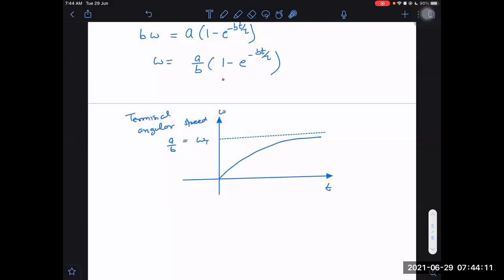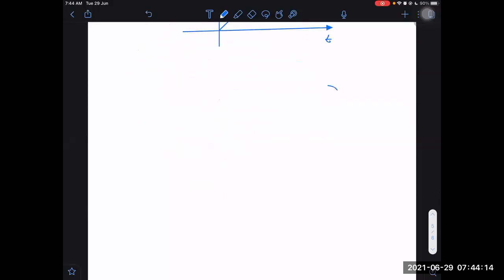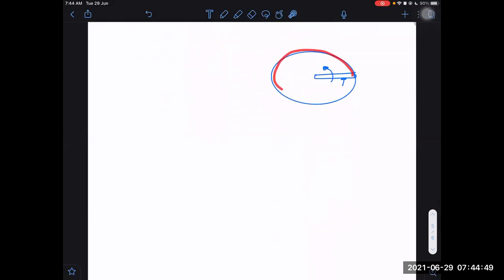In this, one modification can be there. We can say like this sometimes, that if I provide a sudden impulse, first I will provide an impulse. As a result of impulse, it may gain a sudden angular speed, let us say, or maybe I will say that it is initially having angular speed omega naught. If it is initially having angular speed omega naught, then what would happen as a result? As a result, omega will decrease now. The graph will not be this kind of graph in that case. What would be the graph in that case? Can you tell what would be the graph?